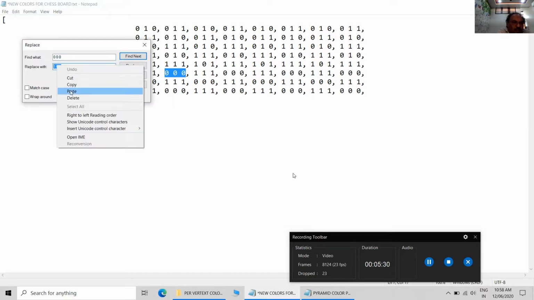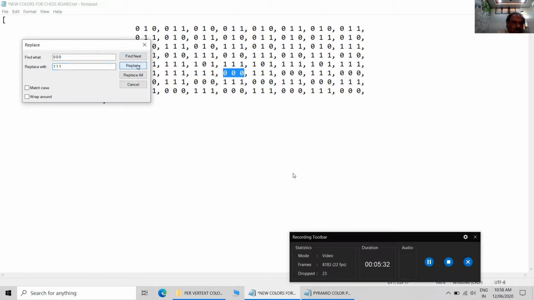I have wrongly replaced. Actually, I am replacing black with white.